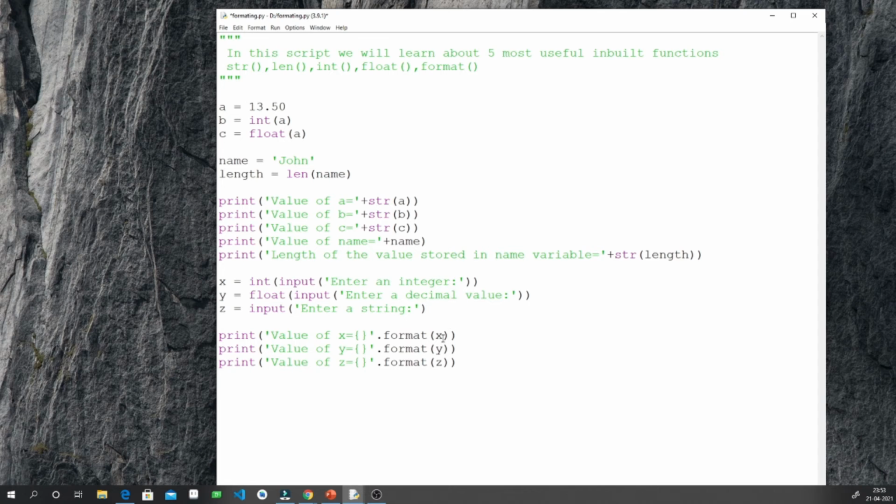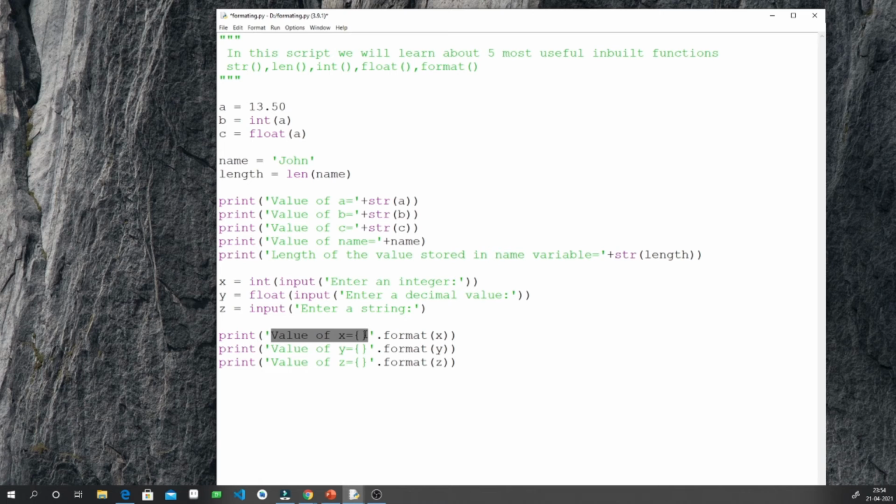Okay, so what the format function is doing is that we have declared open and closing curly braces here. So in this position it will put the value, like the value of x will be outputted in this position. So if I input the value of x as 5, then it will print x equal to 5.